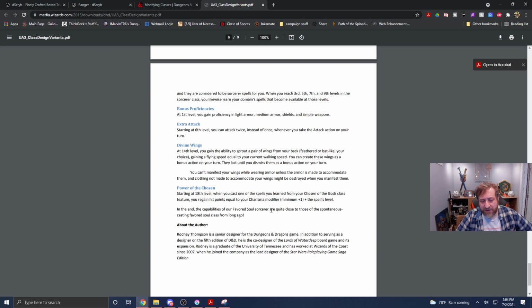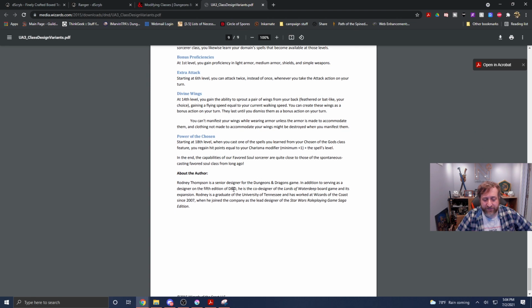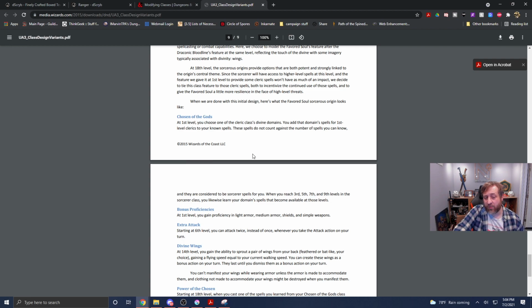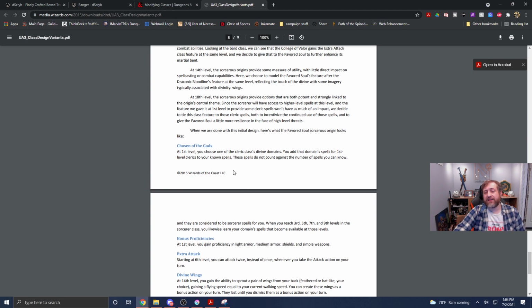In the end, the capabilities of our Favored Soul Sorcerer are quite close to that of the spontaneous casting Favored Soul class from long ago. And that's where they landed. And I think it was close, but I don't think it quite hit the mark. But I think there's definitely some work that could be done there. And I liked the idea of